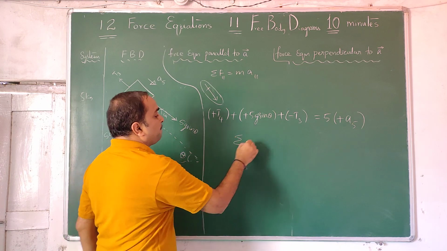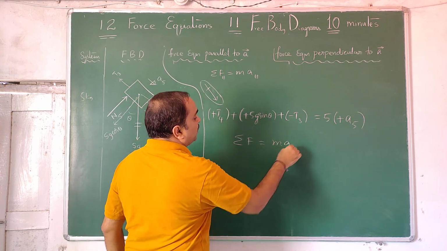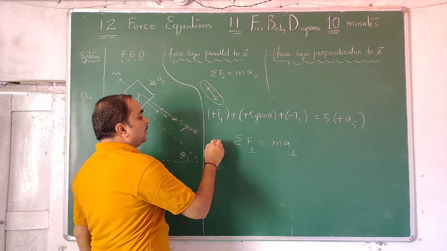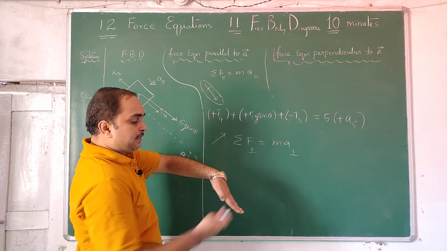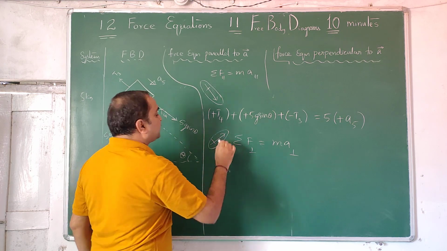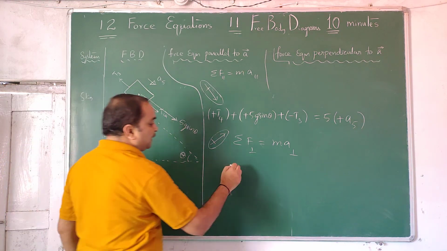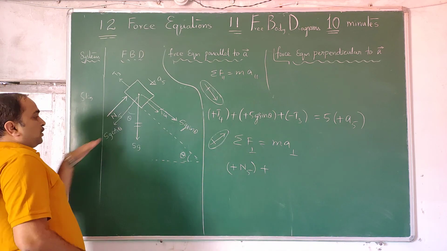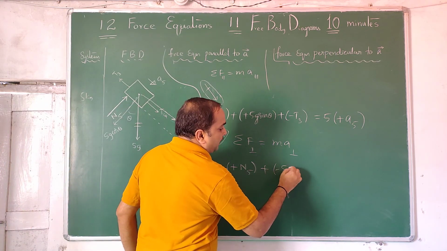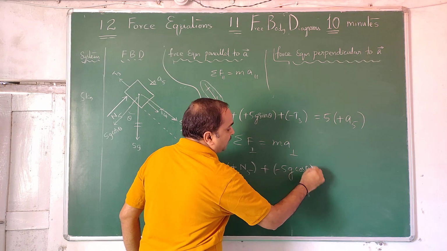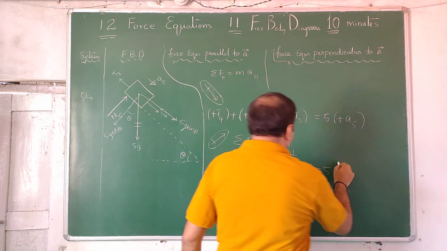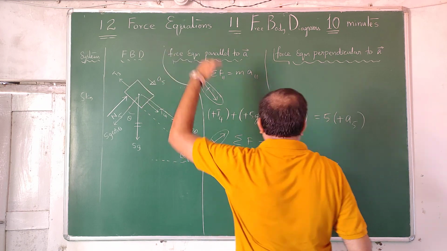Now sigma F is equal to ma in perpendicular direction. There in this column it will come, but don't worry about it. So this is the perpendicular. For this line, this is the perpendicular. In that direction, anything is there positive. N5 is then that direction, plus N5, plus of m g cos theta is like this, minus m g cos theta is equal to m5, mass exists in every direction, into acceleration is like this. Perpendicular to that, component is 0.